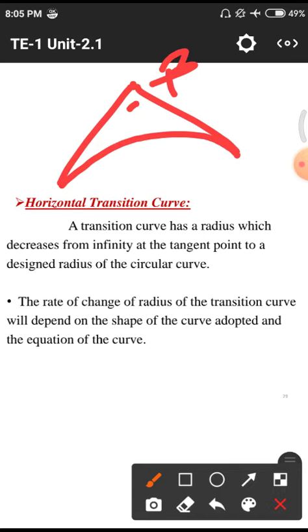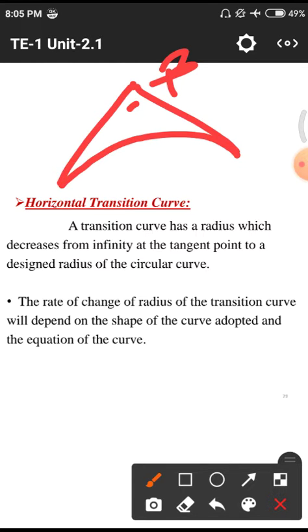This is the rate of change of radius. If there are eccentricities, that means E values. Normally a circle has equal radius, but in case of parabolas and hyperbolas, we have these eccentric conditions. Whenever the curve looks parabolic or hyperbolic, we need to provide these eccentric radii, so that we design the particular transition curve according to the shape of the curve and other climatic conditions and other needs which are required.